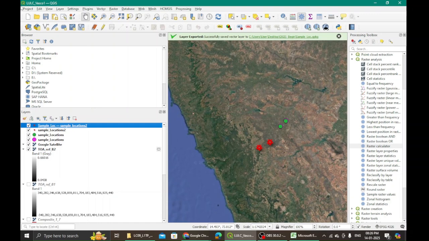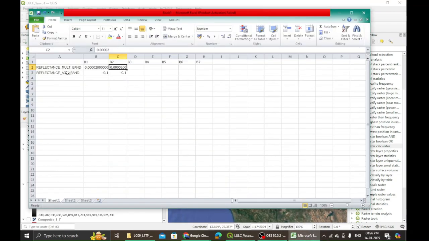Remember this, create a composite. Okay, reflectance mult band, reflectance add band. You will find which values you require from metadata from that particular text file which will be located in the